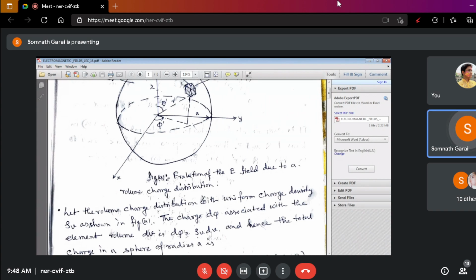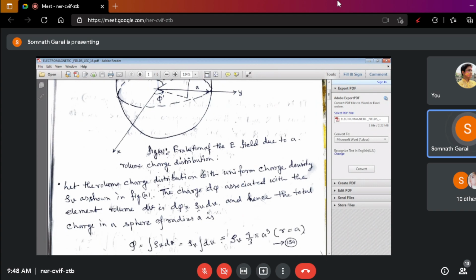That's for the total charge of this shaded volume, right? That is the differential charge. So the differential total charge of this shaded region or volume: dq is equal to rho v dv. Now,